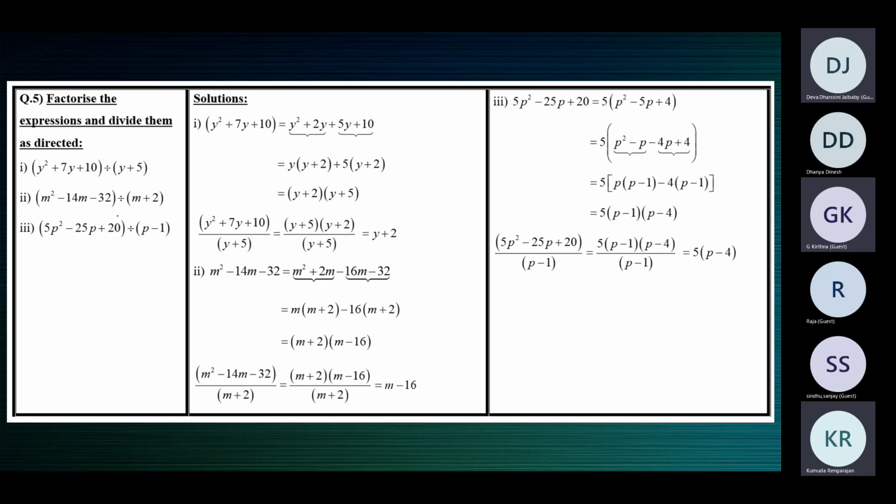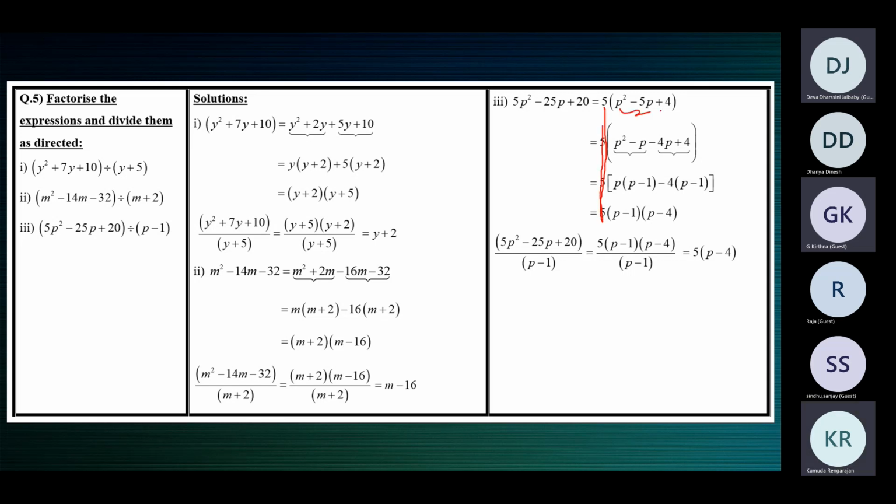Now your doubt may be, why didn't you do all this earlier? Earlier the three terms had nothing in common, there was nothing common between all the three terms, so we didn't do it. Here there is 5 common between all the three terms, so we take out 5 as a common factor. Now that 5, simply write it as it is outside. That 5 will silently come outside.